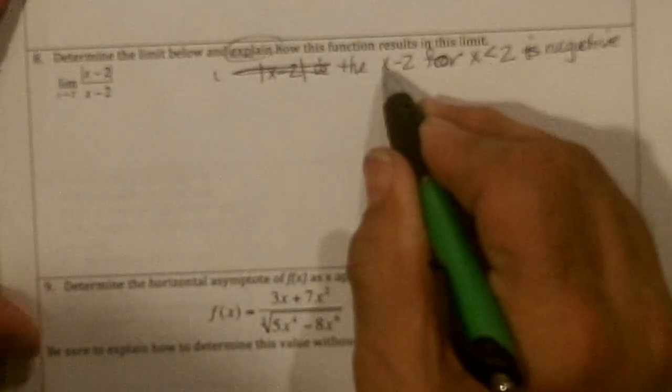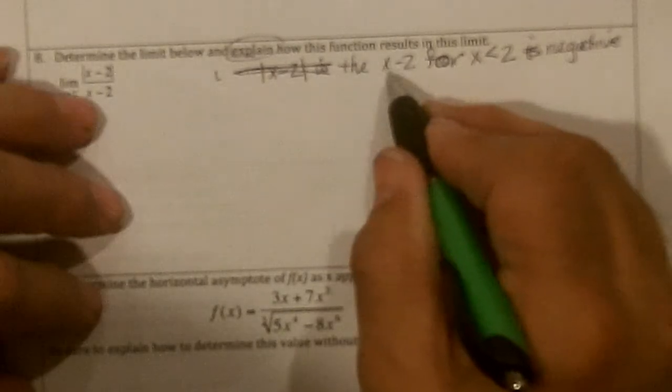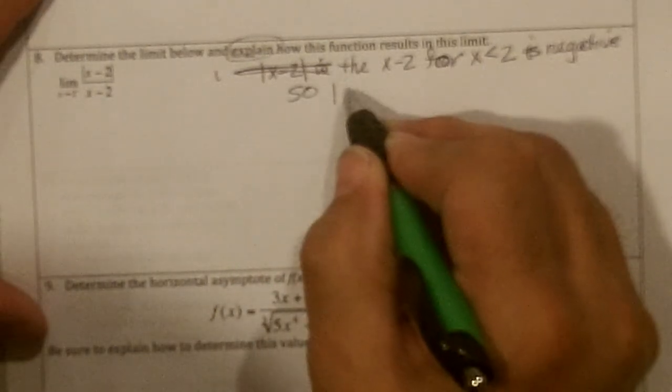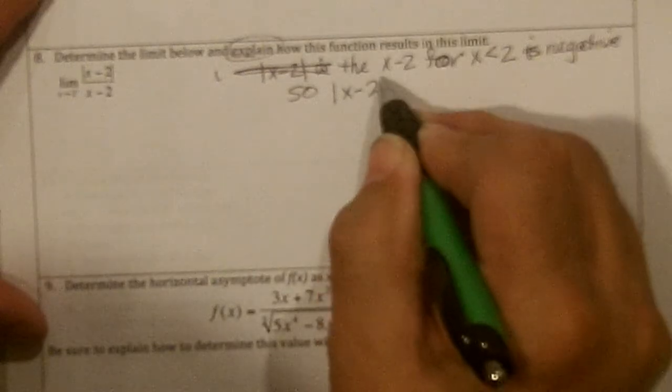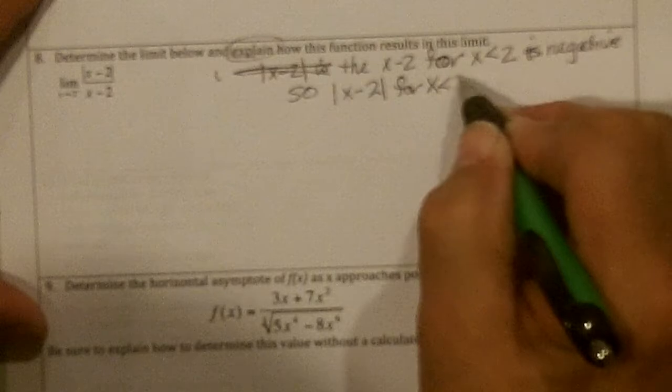Think about that. If I put in 1 or 0, minus 1 or 2 or 3, this will be a negative. So the absolute value of x minus 2 for x less than 2